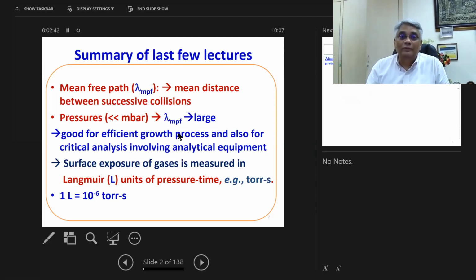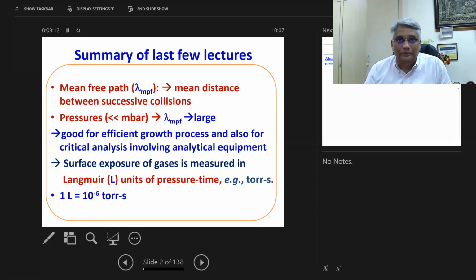You don't talk about high vacuum in those cases. Now the pressure levels of less than a few millibar ensure large mean free path levels, and this is good for efficient growth process and also for critical analysis